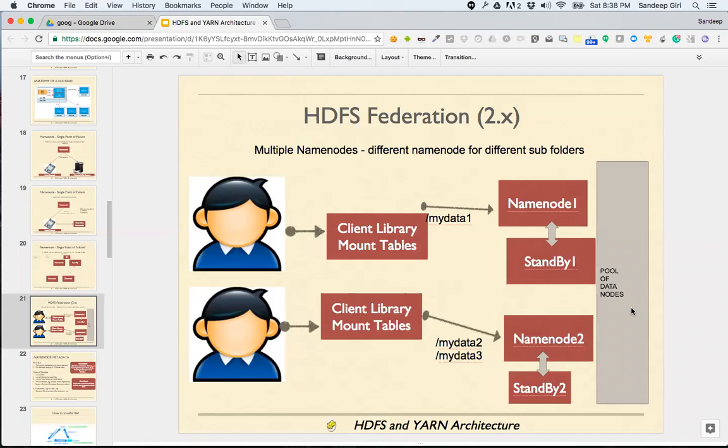Because mount tables actually tell which name node we need to talk to for a file. Therefore, they cannot reside on a name node. All right. Jamil, did I answer your question about the painful process? Yes, because that's mostly automated using Ambari or using your program.